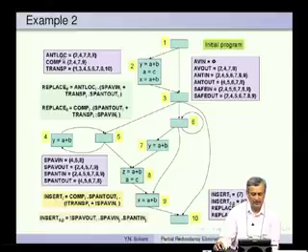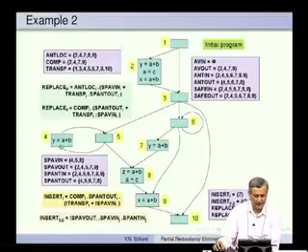So, antloc, locally anticipable, is true at 2, 4, 7, 8, 9. So, why is it true here too? So, a plus b is here. So, at this point it is true. Then what about 4? At this point a plus b is computed here. What about 7? Same thing, this is 7. So, a plus b is computed here. What about 8? Again a plus b is computed right here. So, it is true here. And what about 9? Again a plus b is computed here.